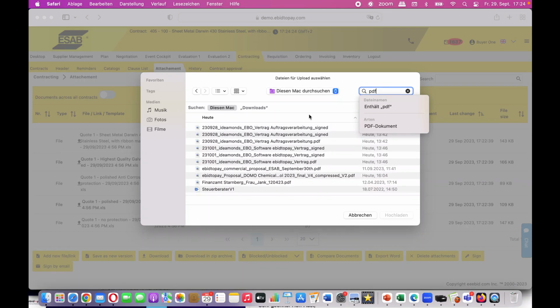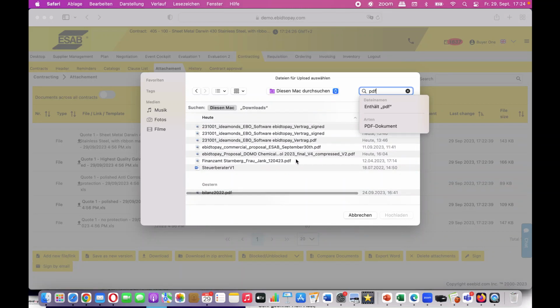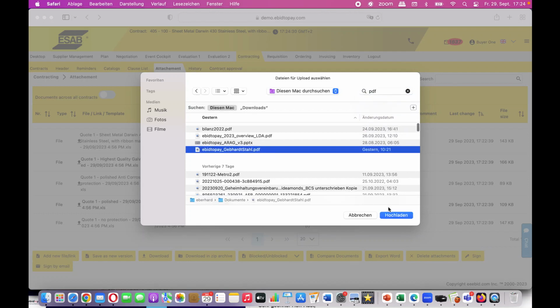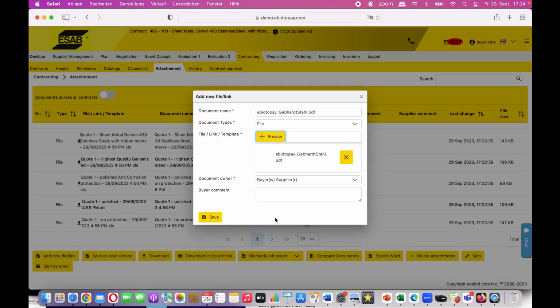I'm now taking the first one that's coming up, and let's take this one. And all those documents can be part of the signing process. I'm just uploading this now, and you can sign either via email or directly now inside the system,